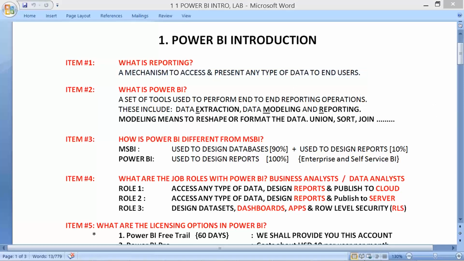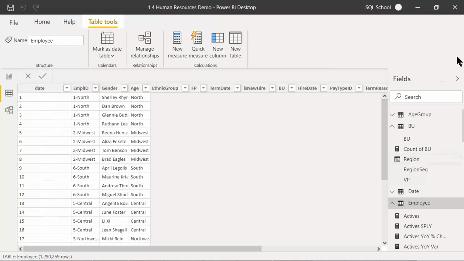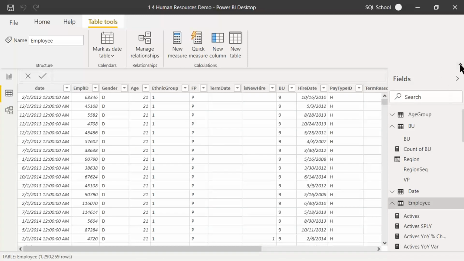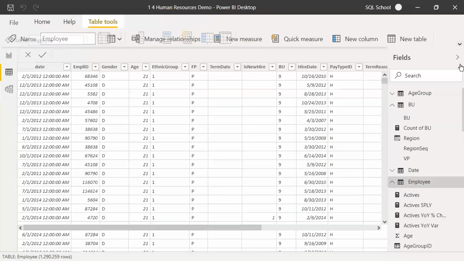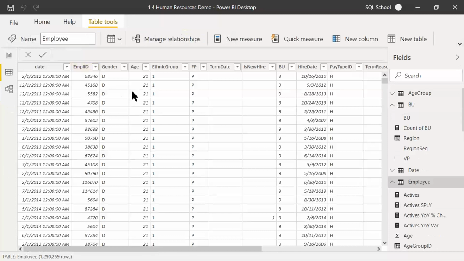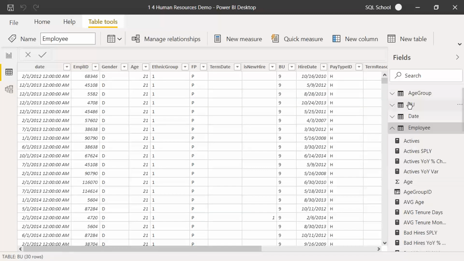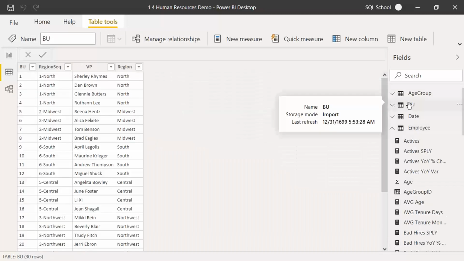For example, let's take an example. Assume you get some data in a table format. Something like this on the screen. And your requirement is you would like to report this data.